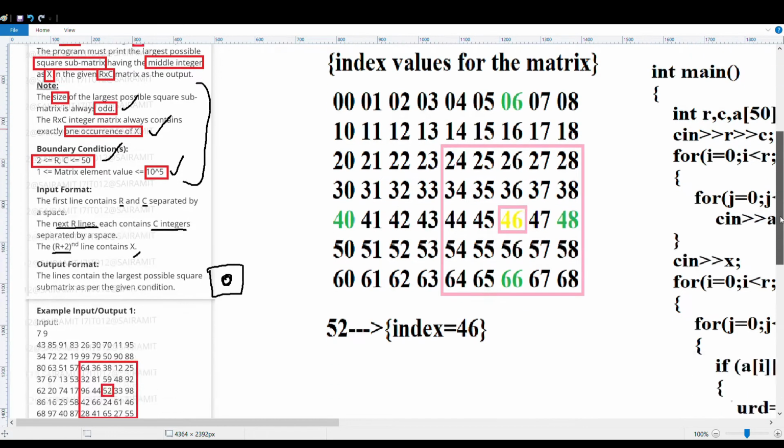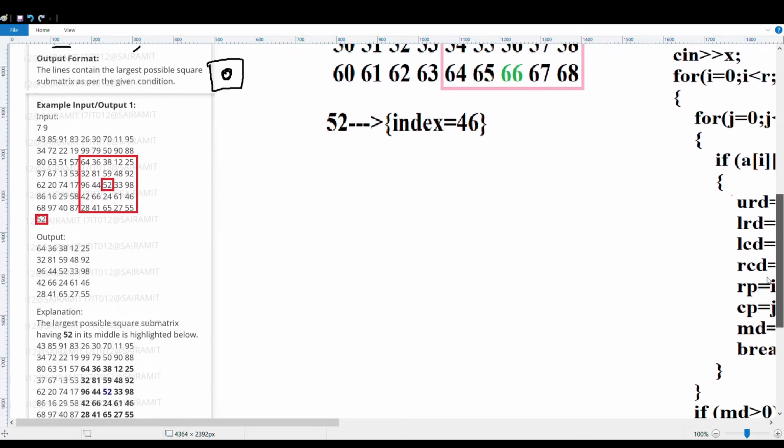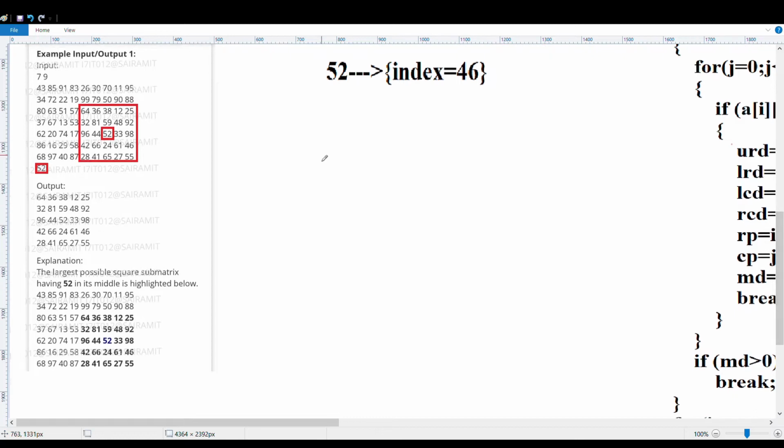When we see the input and output of test case 1, 7 and 9 is given, here your matrix is given, and your X is given here, X is 52. The first step is to traverse the entire matrix and find 52. So you found 52 here.